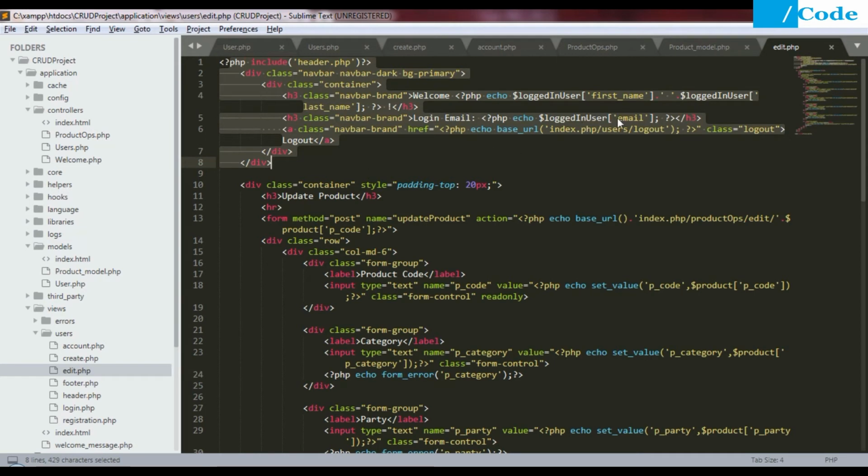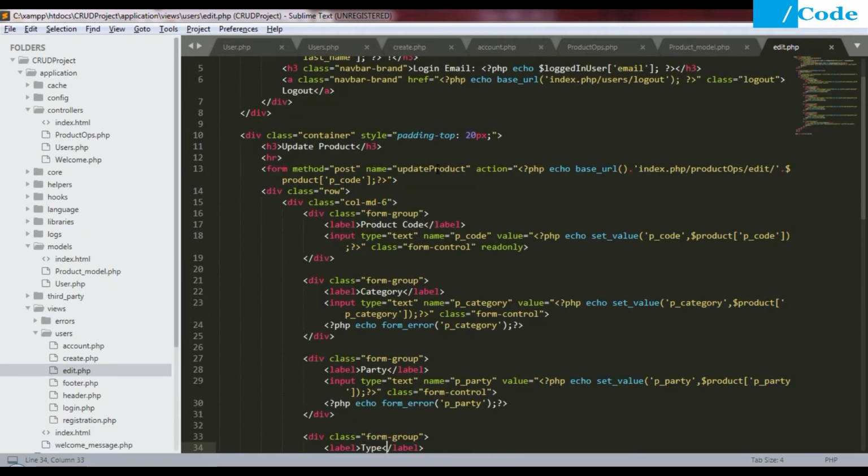Okay, this has the logged in and log out feature, and here we are going to create an update form. On submit of the update, we are going to call the product ops edit product and product ID. And here inside the input, if you see, the name is p code. We are setting the value of the p code from the data which we have in the form array of the data. So this is the product p code. Okay, here also we are going to do the same thing, and this is the PHP form array.